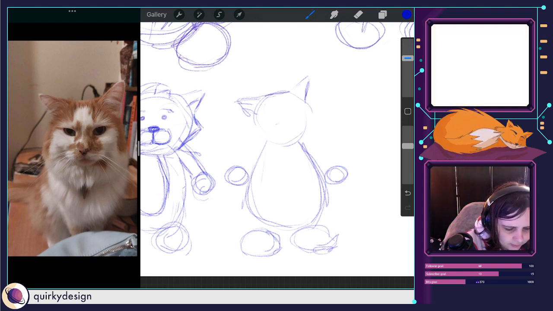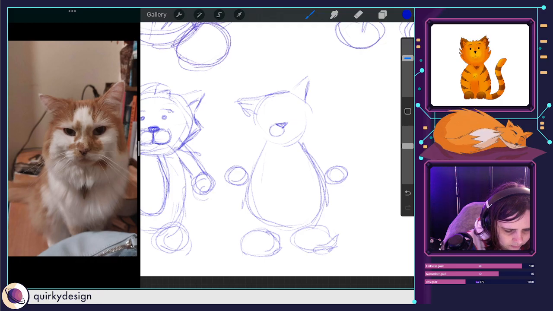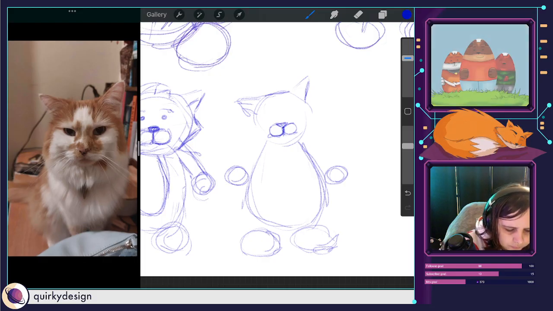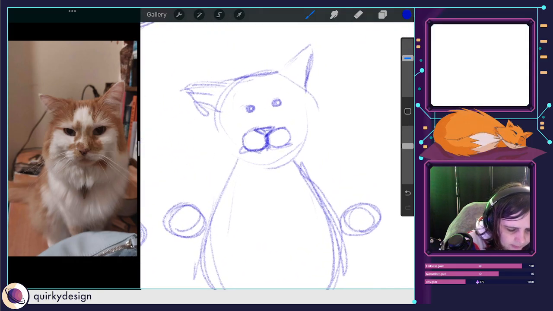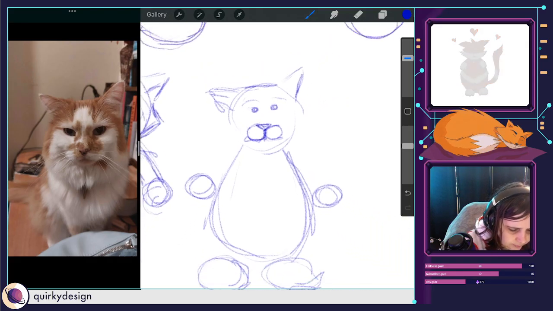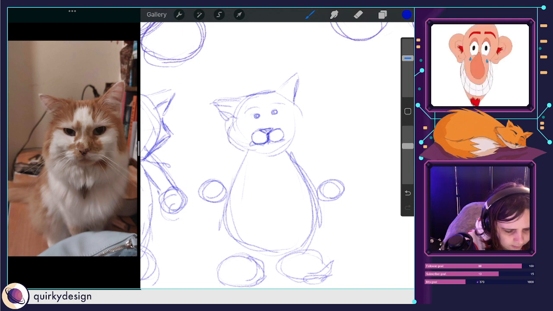I like the idea of a cat having a triangle nose, to be honest. I think that kind of works. I think I'm happy to keep his eyes as dots. Sort of reminds me of a teddy bear more than a cat, to be fair. And it's a bit more rounded, so let me just try a rounded sort of brushy effect.